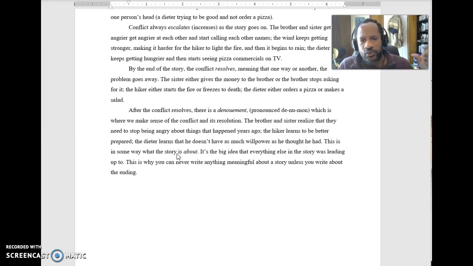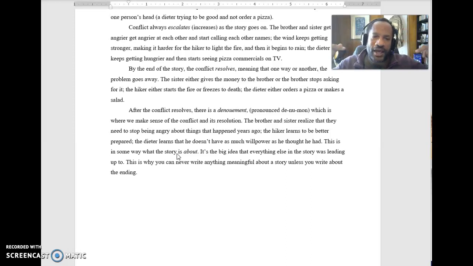In this folder, I have a short Pixar film, two characters from Monsters, Inc. You might have seen that, but it very clearly illustrates this, right? We're going to have a problem in there. The character's going to have an issue with his car. That problem's going to keep getting worse and worse and worse, right? It's going to keep escalating. The problem's going to resolve one way or another, and then we're going to come to some conclusions about that, which is the denouement. So watch that film because, again, it's only 4 minutes, but it very clearly illustrates these